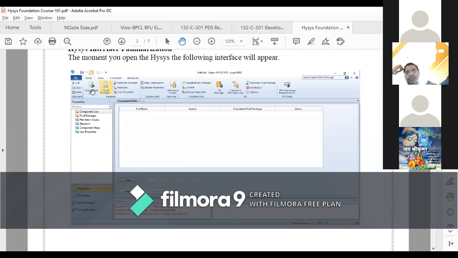Like here you will find the component list, fluid package, and other options, which are also listed at this location.